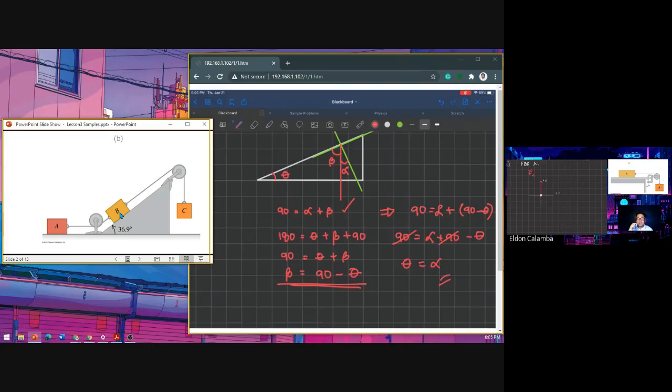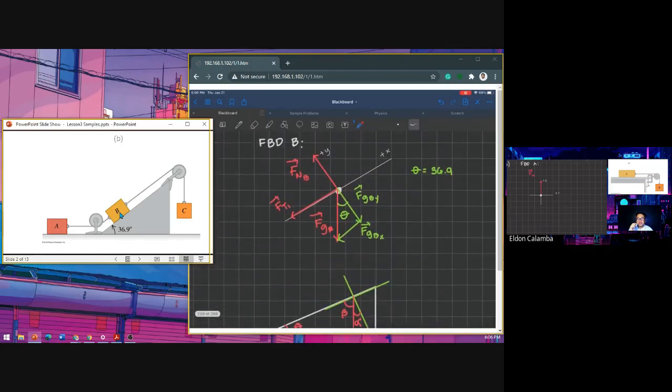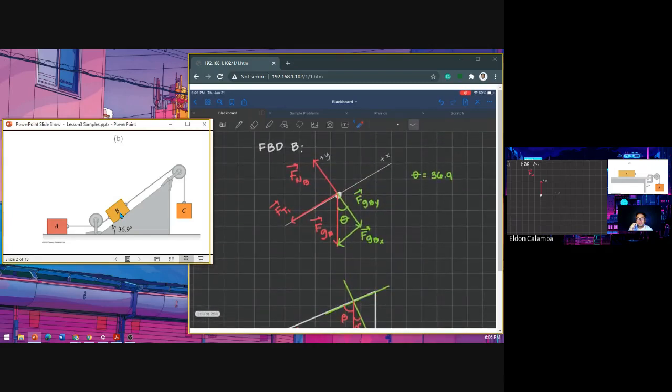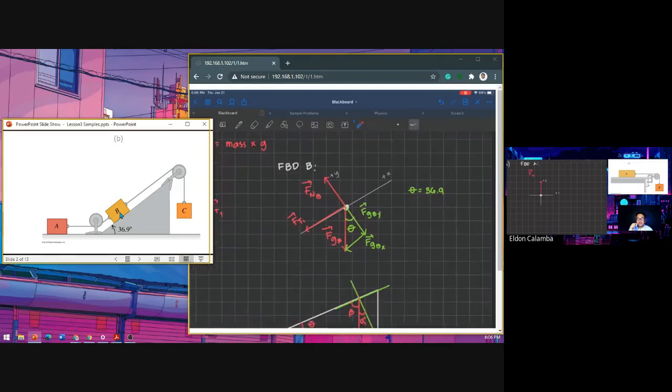So, meaning to say, if alpha is 30 degrees, this angle here should be 30 degrees. If this is 45, this should be 45. 39, so this should also be 39. Okay? So, meaning to say, kung anong angle ng ating ramp, that is 36.9, ito din angle natin dito. Okay? And then ako, sa free body pa lang,